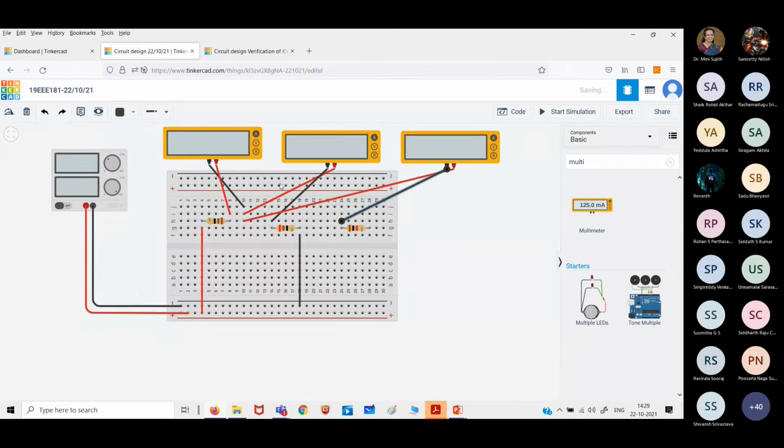See, do it slowly. Then my 11 ohm. Now let me check my value of this resistor. So I'll change it to 11 ohms. Let me check again. Okay, this is 11 ohm. 11 ohm going back to negative supply. Now this is one part of my circuit only with ammeters. Right?